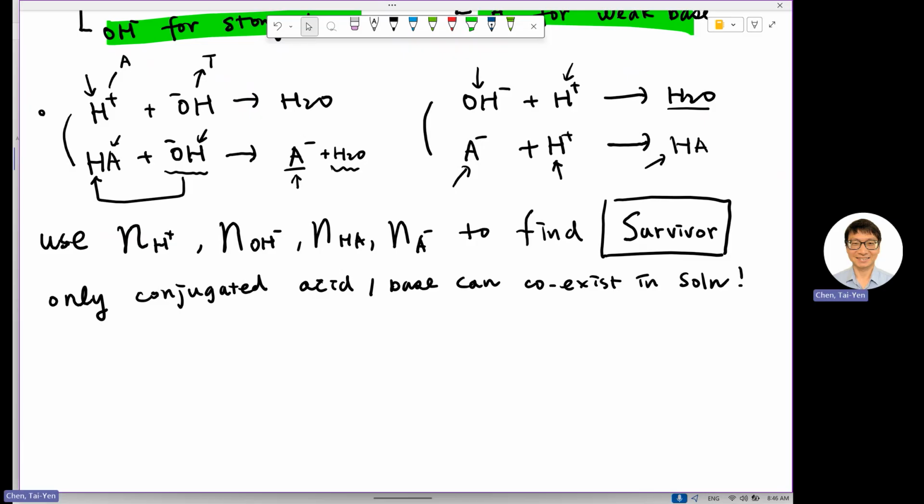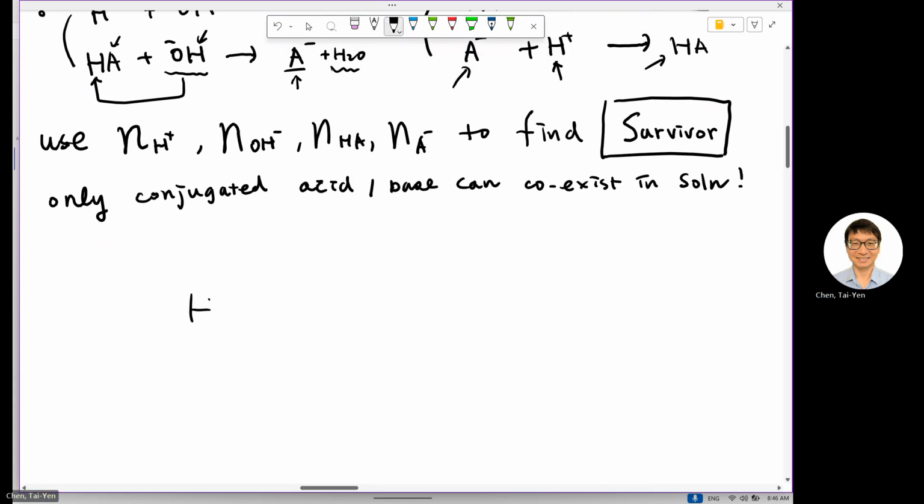Let me write this out so you can see it more clearly. HA, a weak acid, is titrated by a strong base. Then we know the equation we want to write is actually H2O plus A minus, right? But H2O doesn't really matter because it's neutral. So right now I have 5